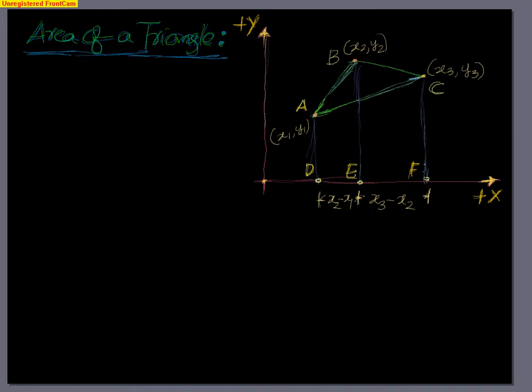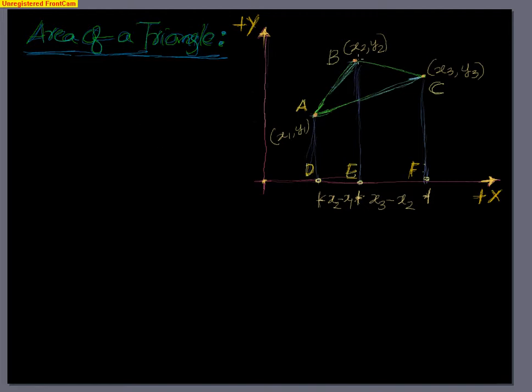Hi, welcome back. As part of the coordinate geometry videos, we'll be looking at area of a triangle, how to find out the area of a triangle given the coordinates of the vertices of the triangle. Till now we know how to find the area of a triangle by knowing the lengths and using the angles. We use the formula of base into height, and we also use Heron's formula, s into s minus a into s minus b into s minus c.